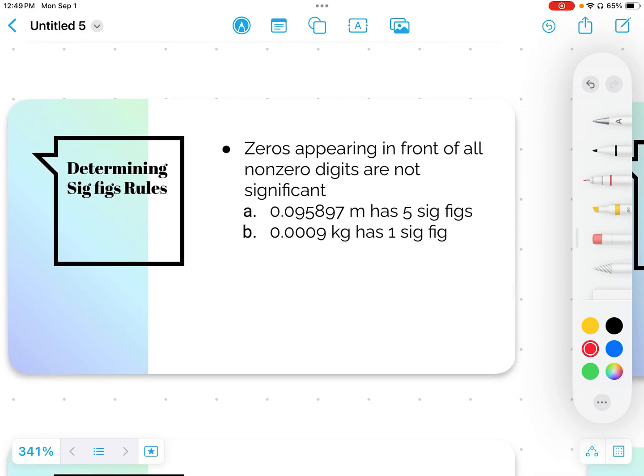Zeros that appear in front of non-zeros, so anything that is in front of 1 through 9, are not significant. I like to call these leading zeros. So leading zeros are not significant. They do not get to count as a significant figure. So if we're looking at A, for example, we have